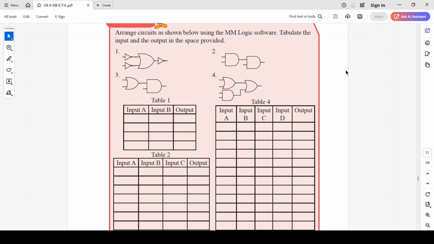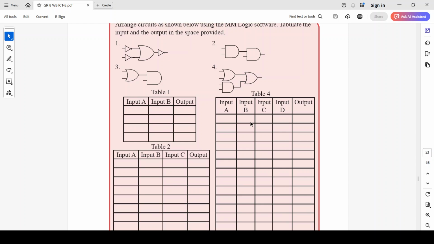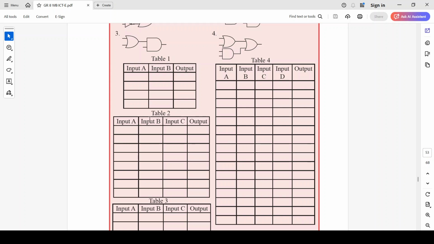Okay, 2 power 3 is 8. So there will be 8 outcomes. Okay, so 0 0 0 0 1 1 1 1, and 4 zeros and 4 ones, then 2 zeros and 2 ones, and